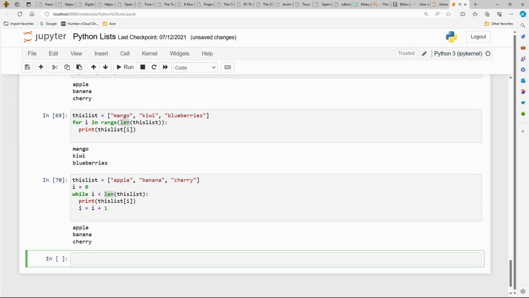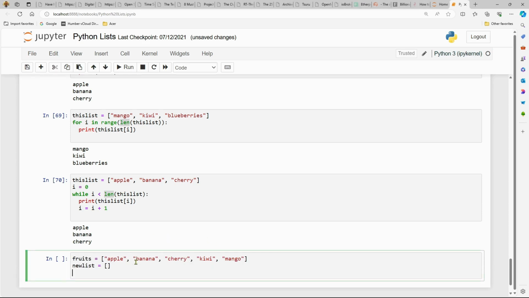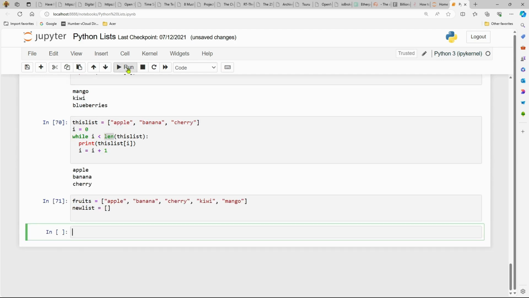Okay, let's see, what else do we have. Let's look at something that is called list comprehension, and it's a more compressed way of printing. So if I say, okay, and if I print this,